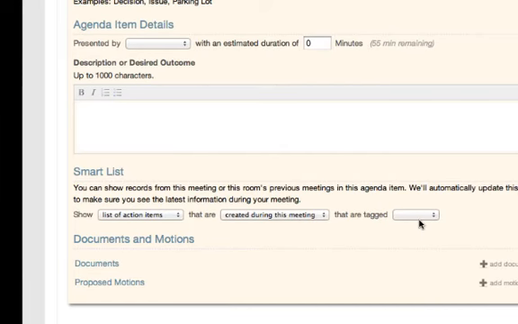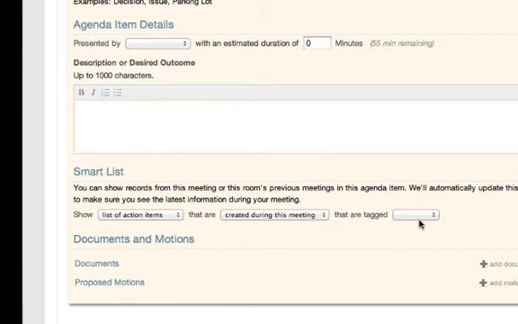The tags that you will be presented with are all the tags for that room or for that meeting that you have already created. So what you can do here is very powerful: you can make this the last agenda item in your agenda, and you call this review or next steps. And as you create action items during this meeting, they will automatically be aggregated and put into this agenda item, and it'll allow you to wrap up your meeting very efficiently without having to go through and see which ones